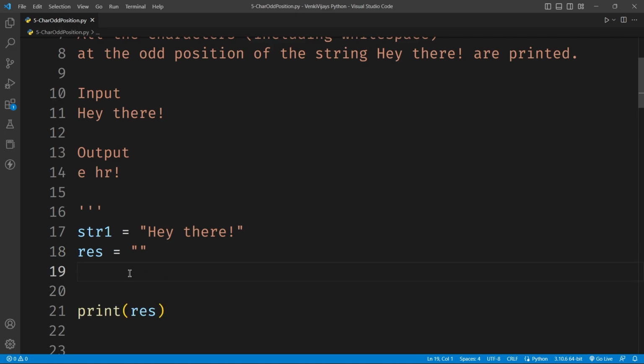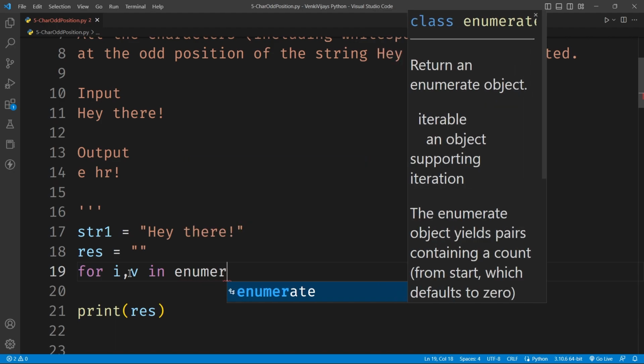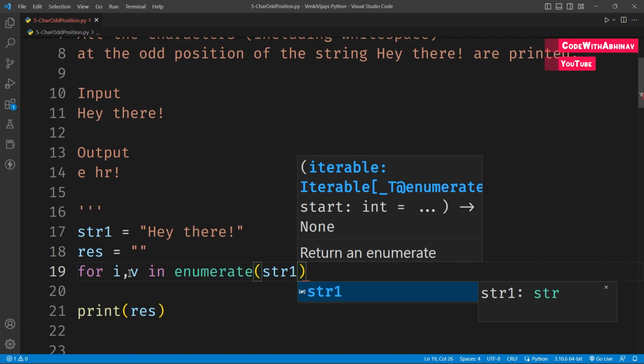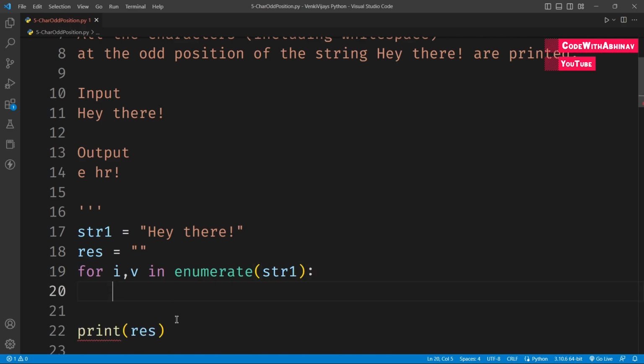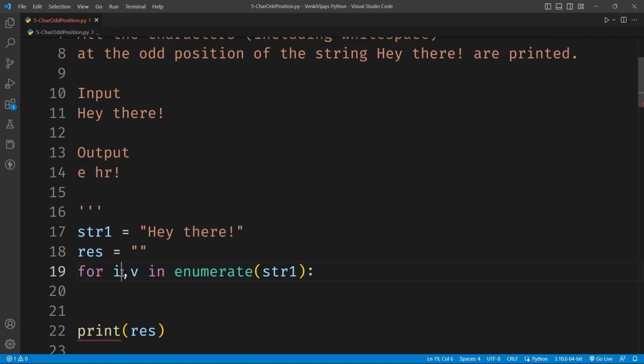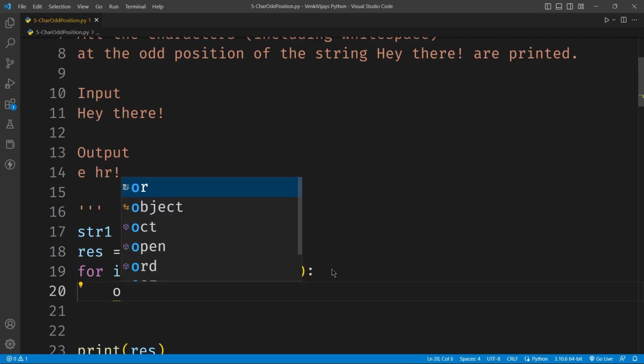To add this, I will be using a for loop with the enumerate function, which gives us the index and the value. Enumerate str1. This enumerate function always returns an index and a value, that means the index, and the value at that index, starting with 0 and 1. If I print